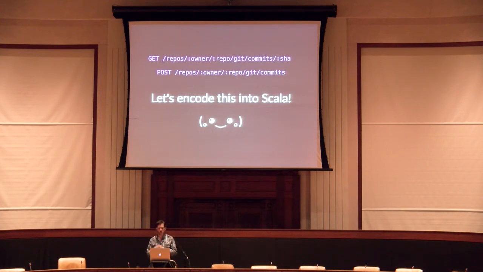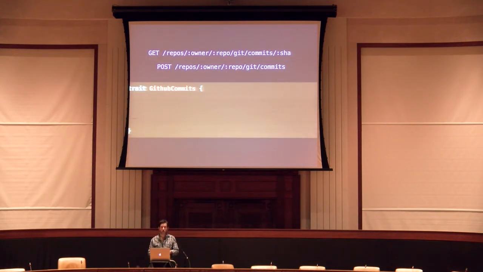All right, so we're at a Scala conference. Let's make this into, how do I encode this algebra in Scala? I'm going to do it in a very particular way that I stole from Devashish Ghosh. I'm going to start by making an abstract trait. Ta-da! Look, it's an algebra. Trait GitHubCommits. It's a trait because I want to specify as little as possible. I want the interface, not the implementation, as much as possible. So trait, easy choice there.